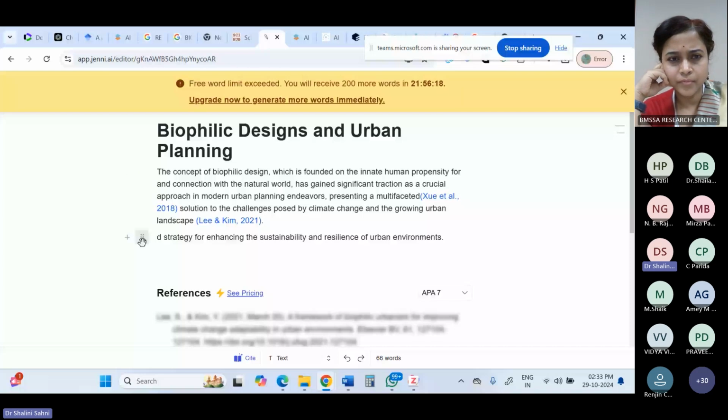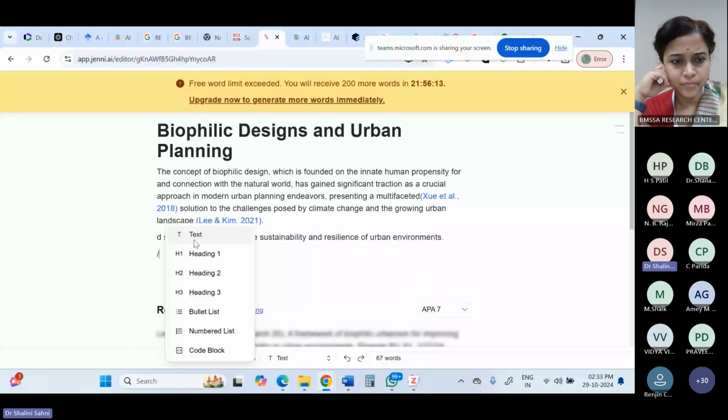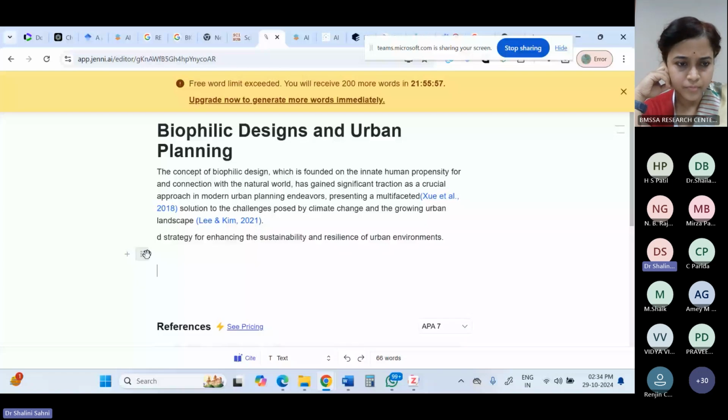If I click on this plus button, it is showing me that if you want to add some heading 1, heading 2, heading 3, we can always have a heading added in the text itself. I'm not doing it just because my word limit will get exhausted. So I'm not adding it, but you can generate it from here itself. Right? And you can look at these buttons, these 6 dots, just click here now and click on this AI